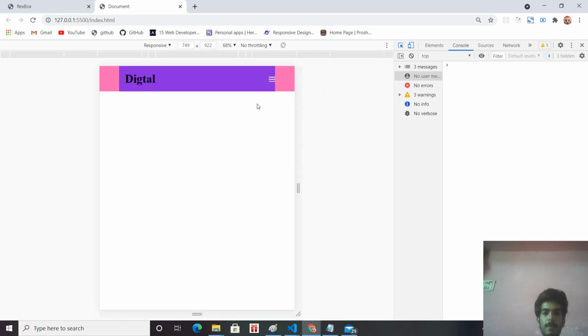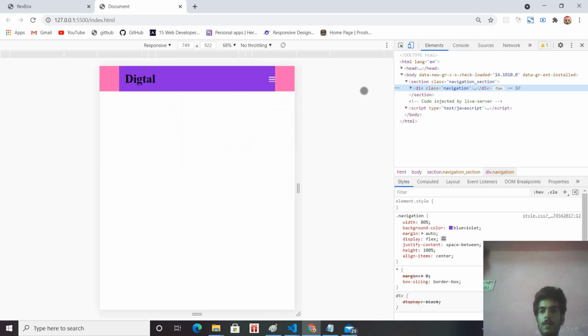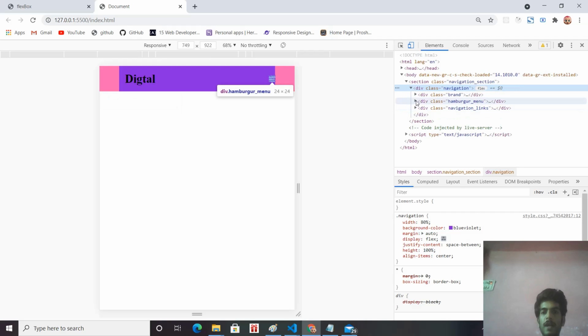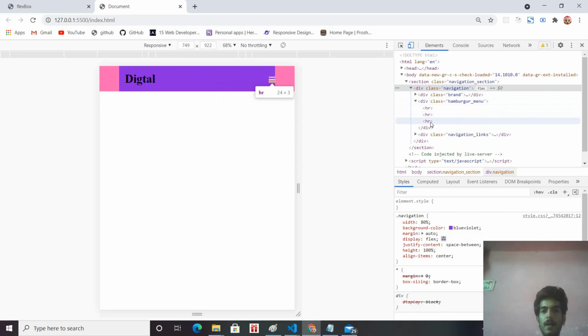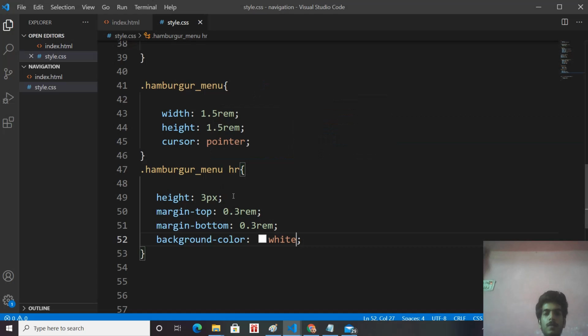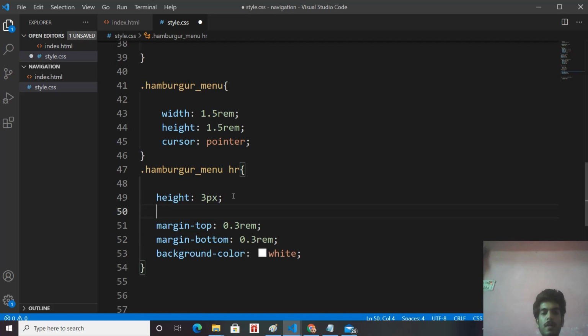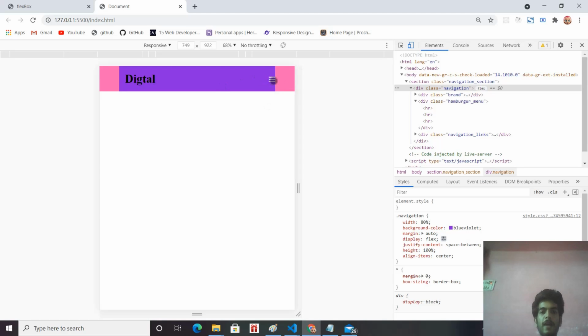Okay, when I select this element, see, this is our hamburger menu, and these are our rows. Okay, so our hamburger menu is looking good. Give width 100%, so its horizontal row always takes the width of its container, right? Its container has a width of 1.5 rem, so this horizontal row is always going to cover all the width of the parent container. Okay, so when I set width 100%, see, our hamburger menu is looking good.